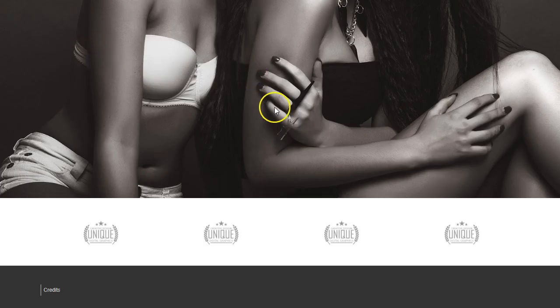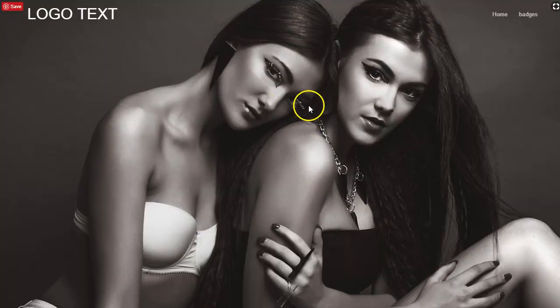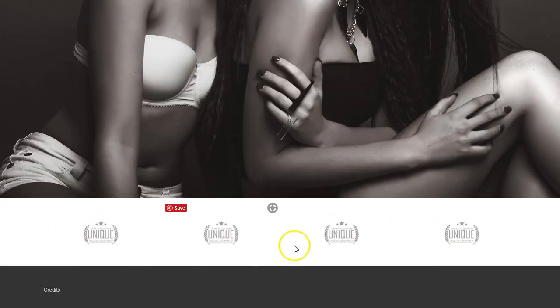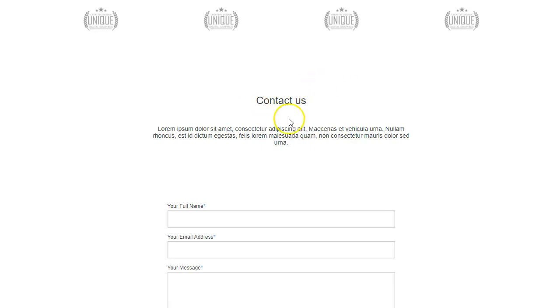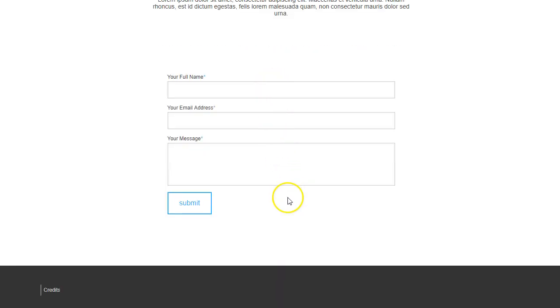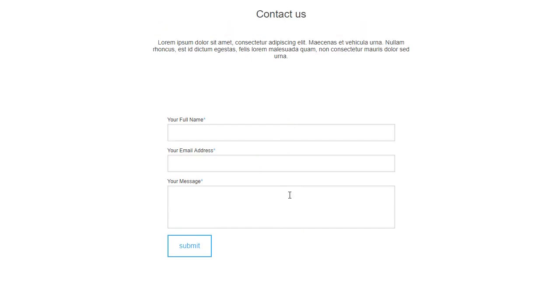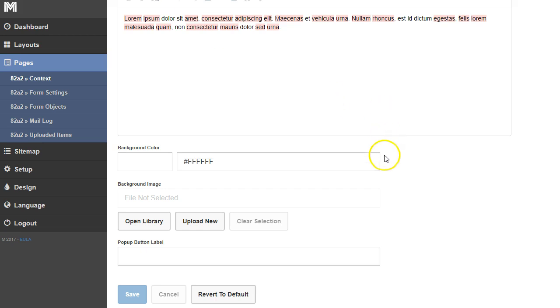So if we go back to the site that we've been working on, which has an image up at the top, these badges, we're going to click refresh. And you're going to see that we have contact us with the text and a basic form. So we have the form in there now, and now we have some form options. So what we're going to do is we're going to go back to our